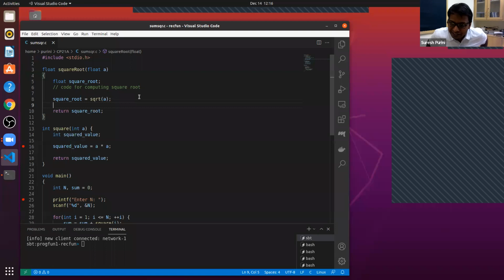Yeah, we can write our own functions and use them in others. If we don't use square root, then how would we do it? That's the next homework: the algorithm to compute the square root of a number. In the next homework, you will solve that problem.